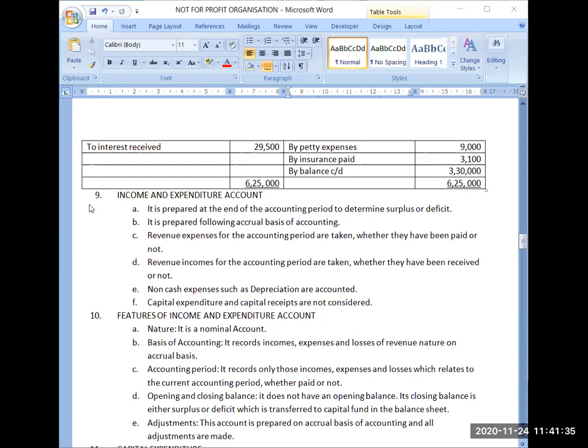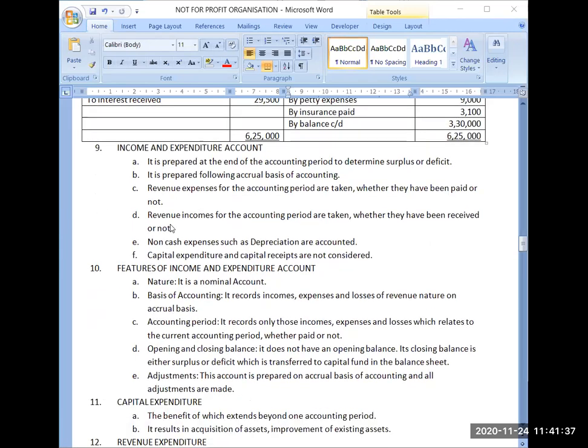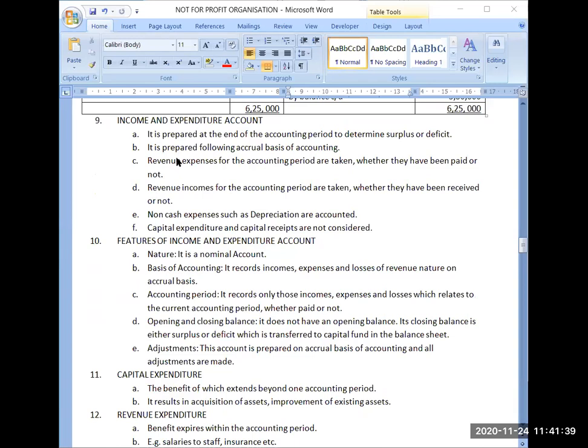Now, next is income and expenditure account. It is prepared at the end of the accounting period to determine surplus or deficit. As we are preparing profit and loss account in the case of profit earning organizations, same is the case with income and expenditure account. If you see broadly in the profit and loss account also what we are writing